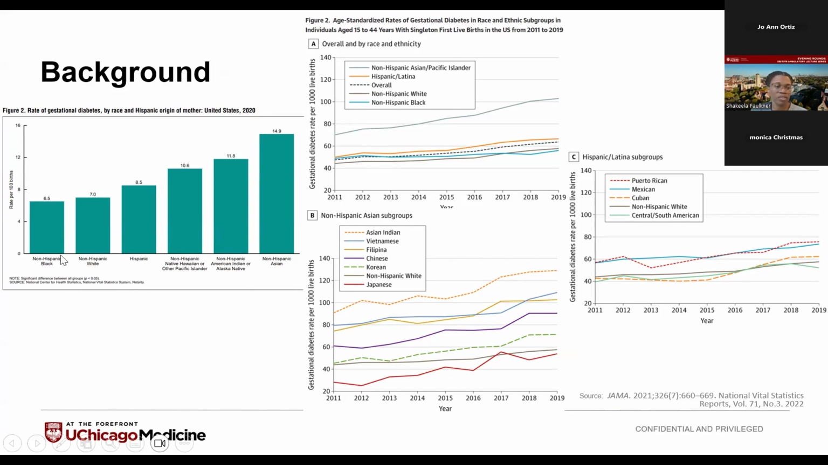So here you can see this is coming from our national vital statistics. Black, non-Hispanic and non-Hispanic white are around the 6.5 to 7. Hispanic rises a little bit to 8.5. And then as we start to get into these top 3 groups here,